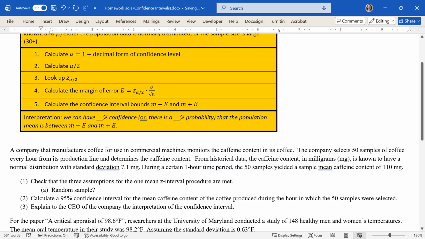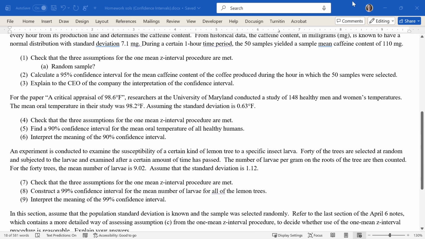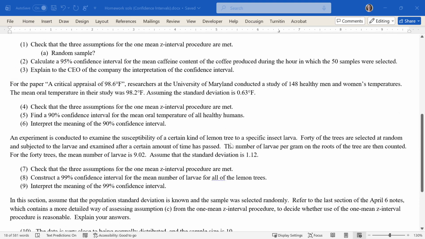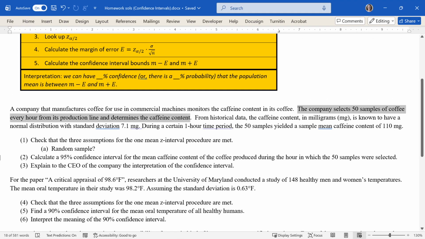Is that in here? Let's see. You know what? It does not say random. It says the company selects 50 samples of coffee every hour from its production line, but it doesn't say that it's done randomly. So in this case, what should we do? Unless I've instructed you guys to just stop and not proceed if the assumptions are not met, I think